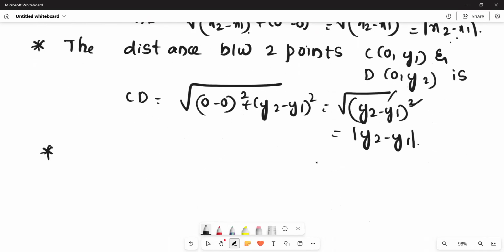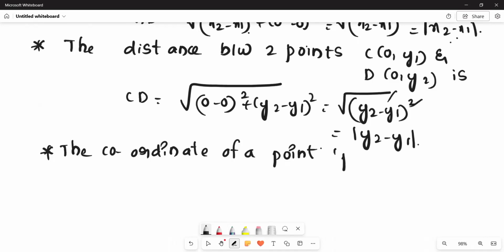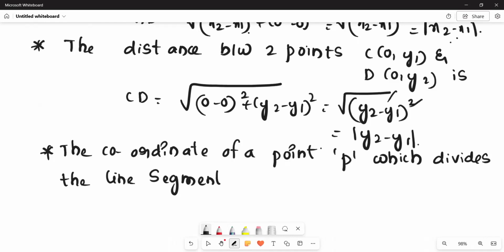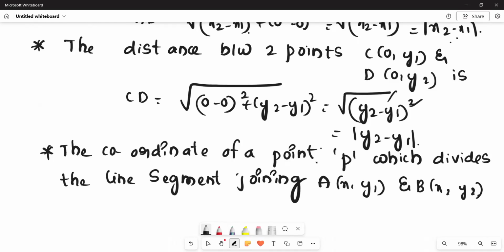Okay. And the next thing will be the coordinates of a point P which divides the line segment joining A (x1, y1) and B (x2, y2) in the ratio m is to n